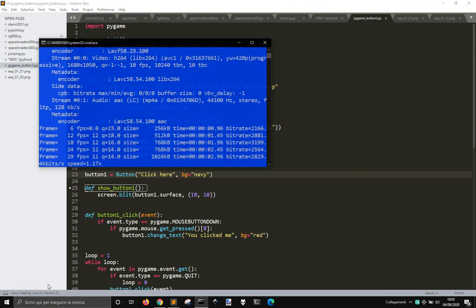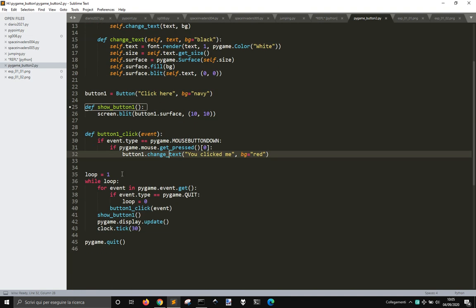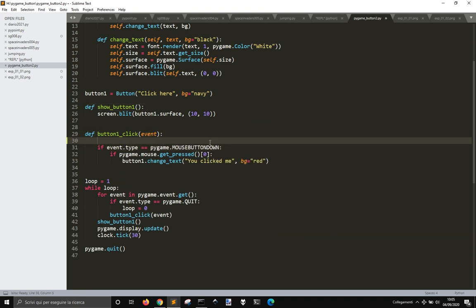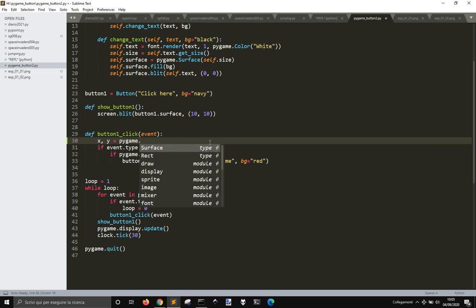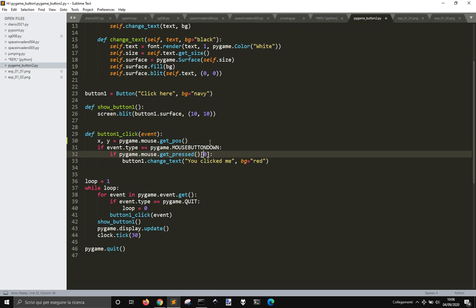Okay, and I made a mistake here. If you want to click exactly where the mouse is, on the position of the button, you have to do something else. You have to do x and y equal pygame.mouse.get_pos, and then